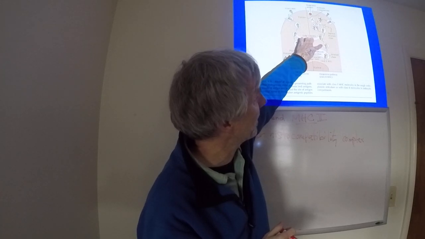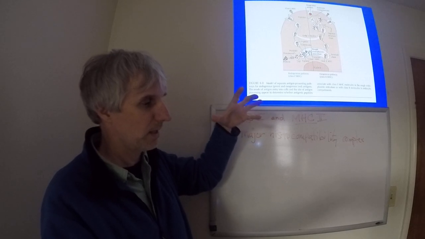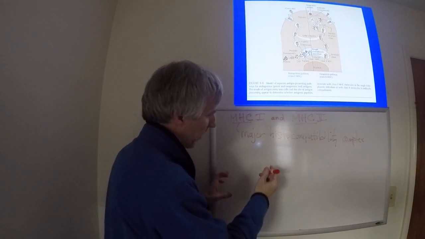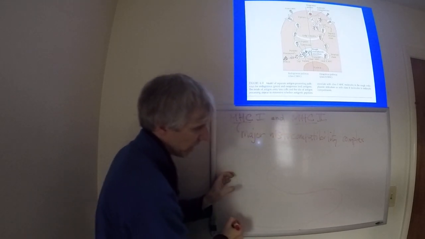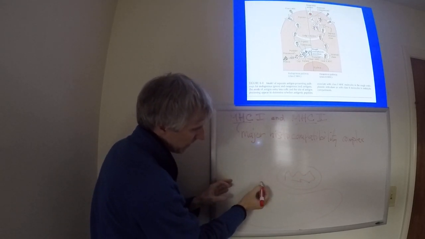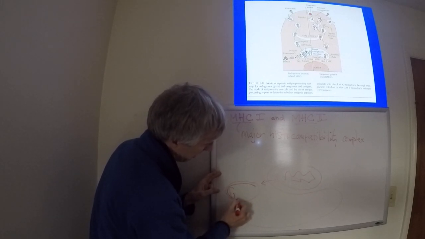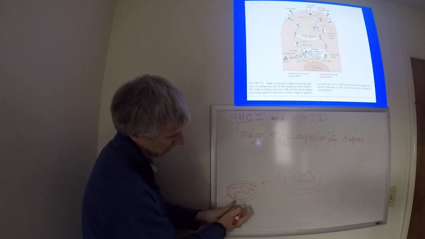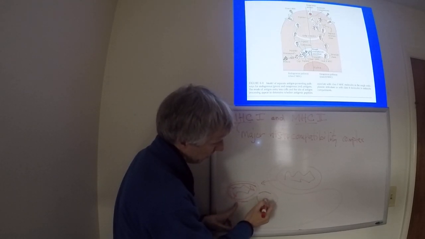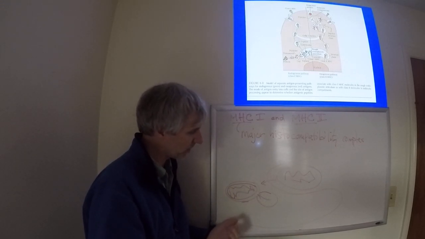Then you send it in a vesicle to the Golgi. The Golgi sends it off to the lysosome. The lysosome has fused with a food vacuole that contains a bacteria. So let's do some phagocytosis here. All right, here's my bacteria. I bring it into the cell, and now my bacteria is in a compartment here. This is the vacuole. Then I fuse that with a lysosome, the lysosome dissolves the bacteria through hydrolysis, breaks it down, and then